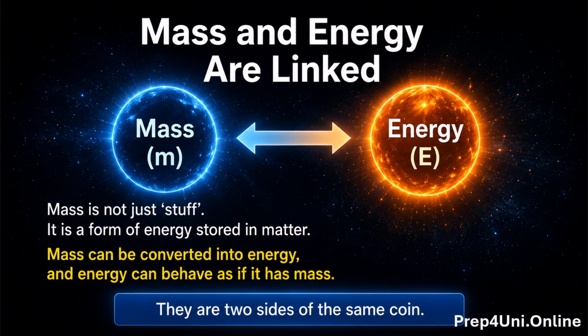The equation does not mean that mass and energy are the same in every simple everyday sense. Instead, it tells us that mass has an energy equivalent. A body at rest still contains energy because it has mass. This is called rest energy. In ordinary life, this energy is not obvious. A stone on a table does not suddenly release its mass energy. But in nuclear and particle processes, small changes in mass can appear as large amounts of energy. Mass is one way energy can be stored in nature.